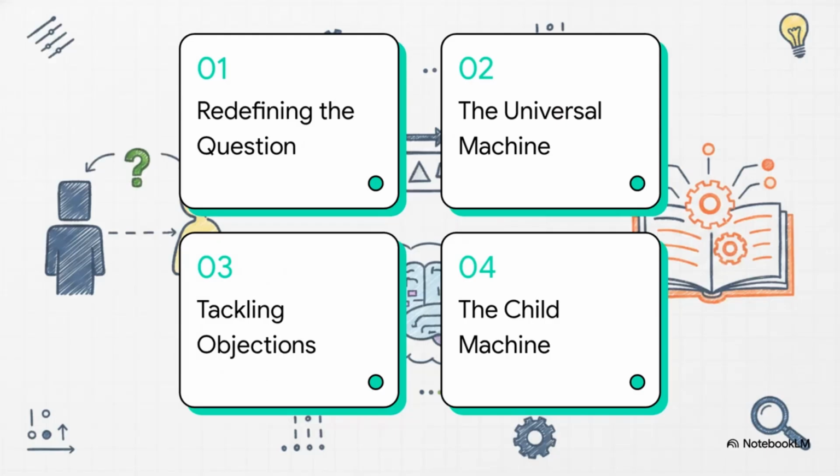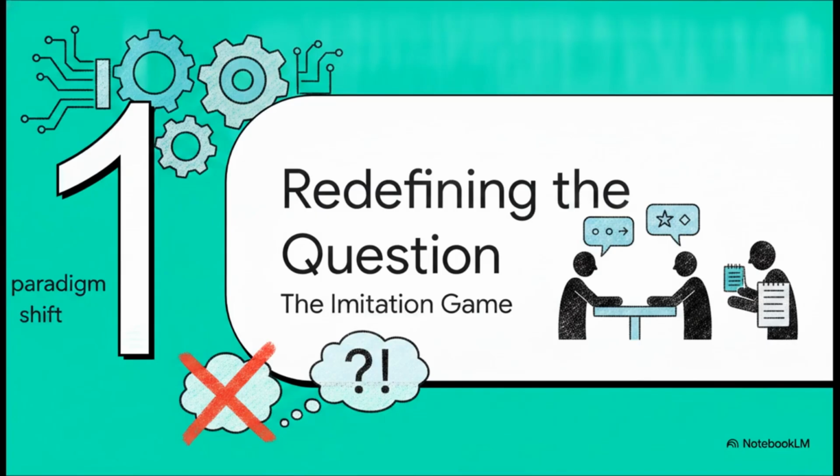Okay, here's our roadmap for today. First, redefining the question. Second, the universal machine. Third, tackling objections. And finally, the child machine. Part 1. Redefining the question, and what Turing famously called the imitation game. This is exactly where he introduces that first major paradigm shift, completely replacing endless philosophical debate with a practical, real-world